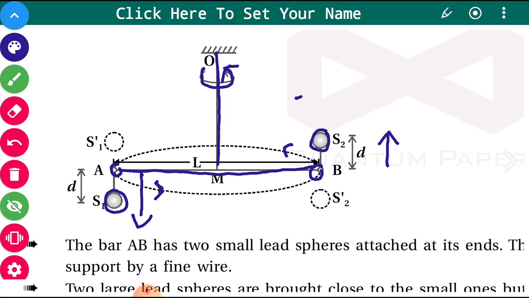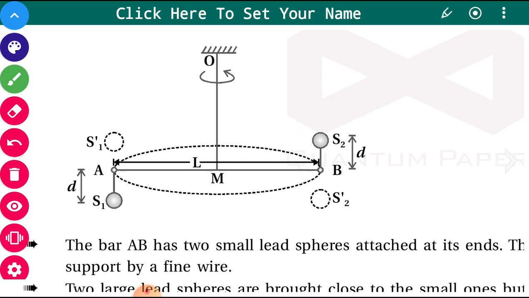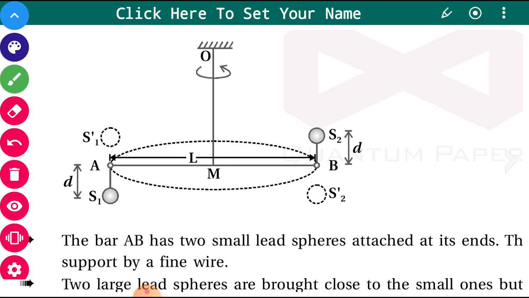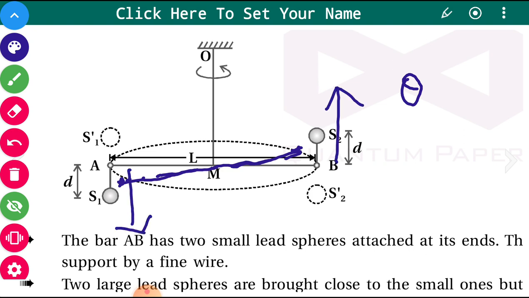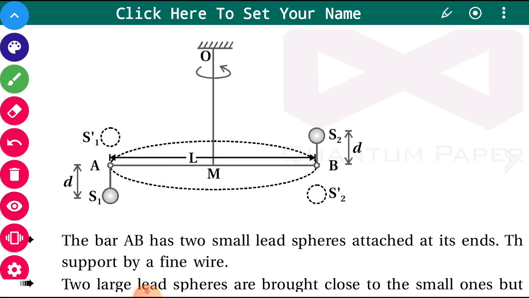So this small mass which is tied here will somewhere go here. It will come slightly here, and this mass will come here. There will be a slight twist, and the rod will have a different position than the initial one. There will be a slight twist of angle theta because of the attractive force by the two masses of capital M on small m. This is explained here.